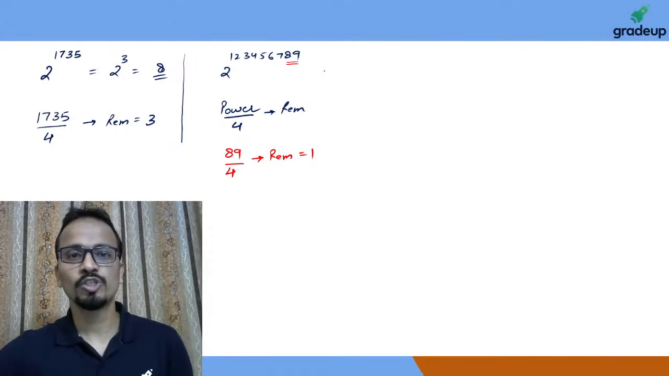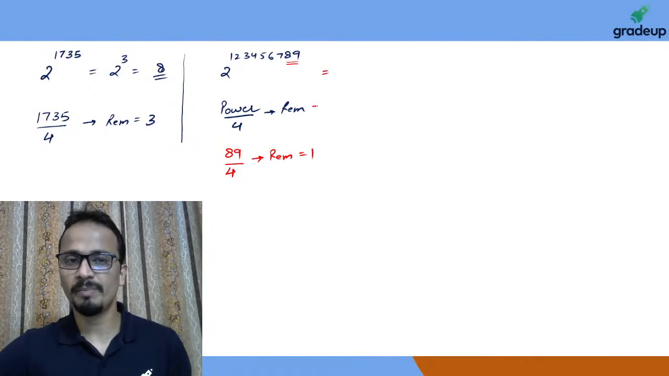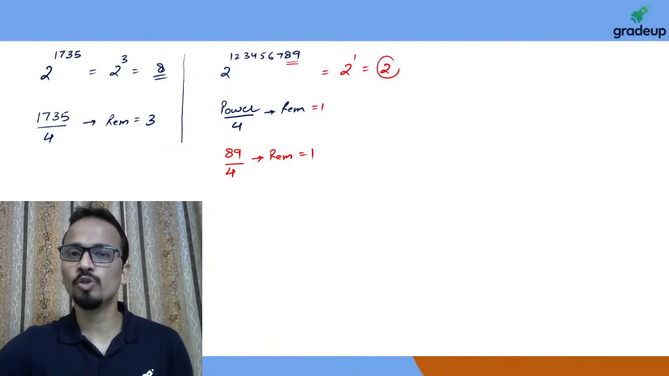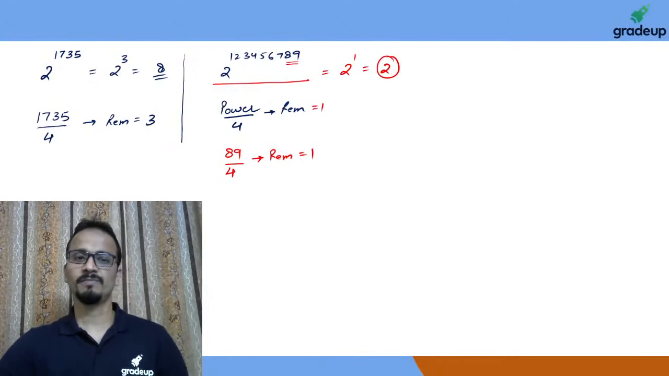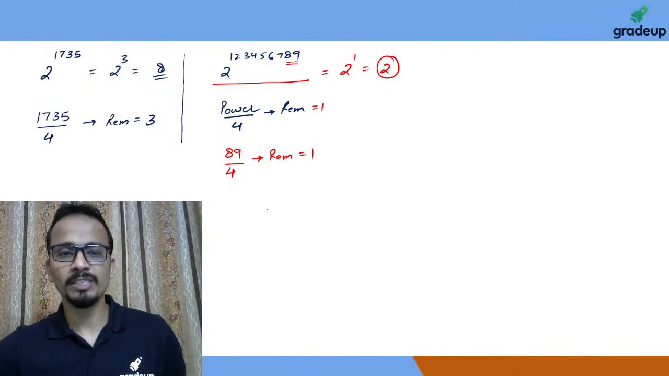So the entire power when divided by 4 will give you the same remainder. Now you may write it as 2 raised to the power 1, and that is equal to 2. So 2 will be the unit digit of this calculation. Now one very important point